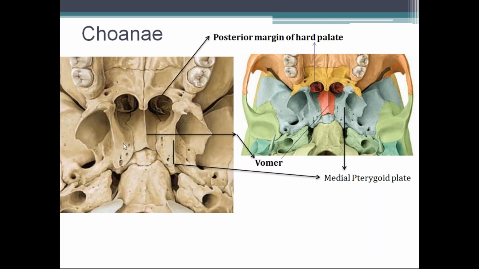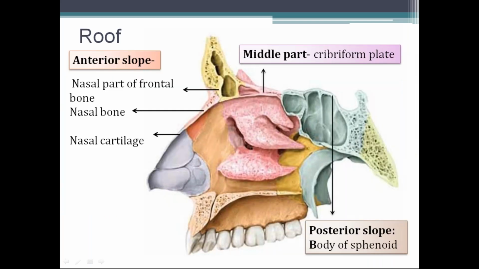Now next we'll go on to the roof of the nasal cavity. First understand this picture. This is a sagittal section of the nasal cavity. You can see the bony parts here. The yellow color bone is the frontal bone with the frontal air sinus. The light pink color is the nasal bone, and these are the superior nasal cartilage and the lateral nasal cartilage. And this is the ethmoid bone. This entire pink color is ethmoid bone,